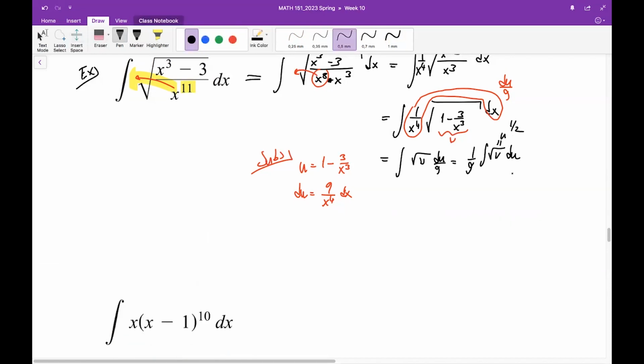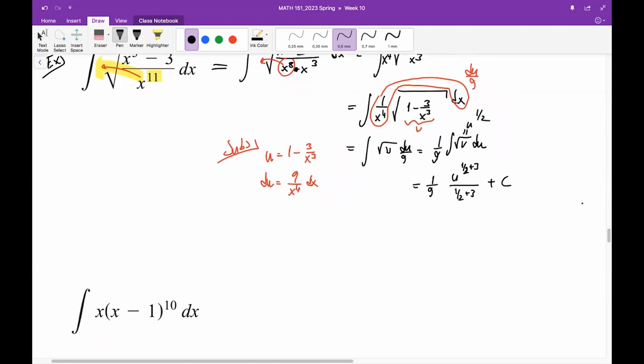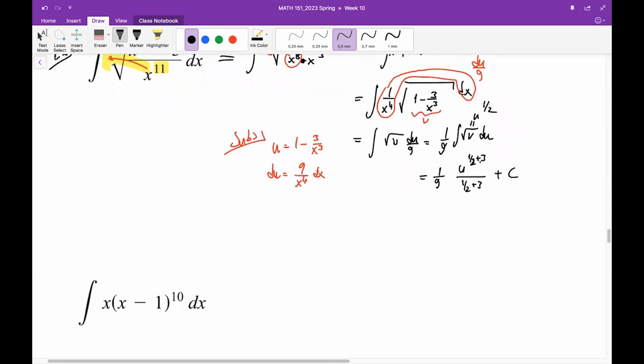Square root u is u to the power 1/2, so that you can evaluate it as add 1 to the power, divide by the same power, and plus c, of course, because this is an indefinite integral. See, I see it as a power function and I applied power rule to take the integral, and then the final step is back